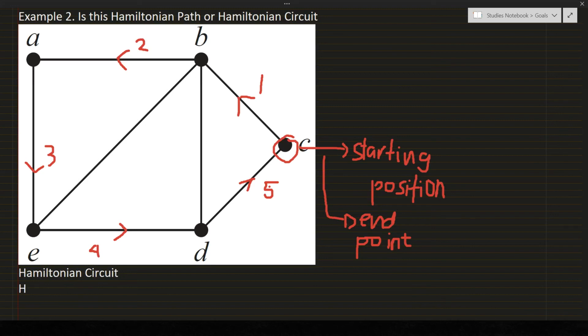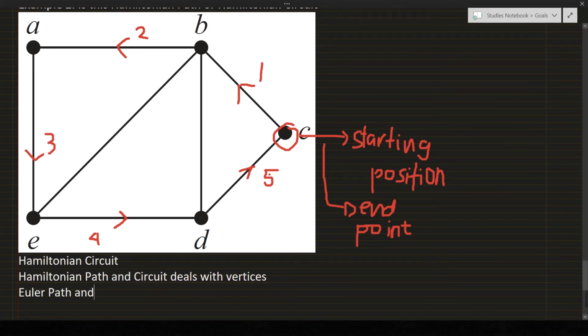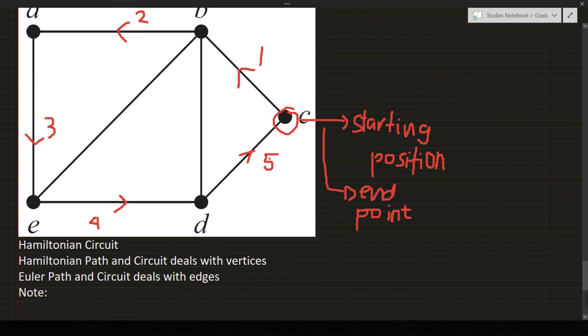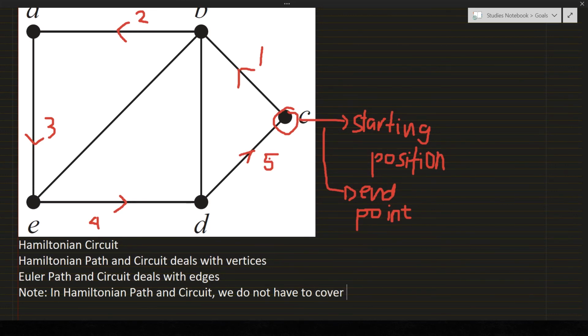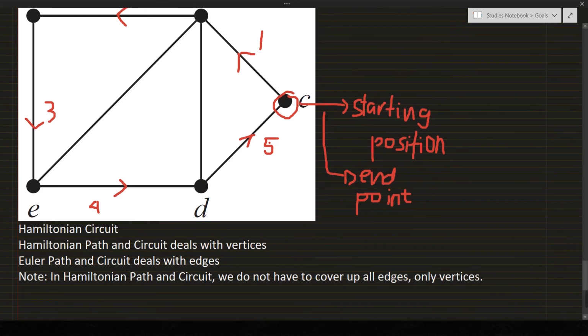So let's remember that Hamiltonian path and circuit deal with vertices, while Euler path and circuit deal with edges. So let's take note. In Hamiltonian path and circuit, we do not have to cover all edges, only vertices. So in our next lesson, in our next video tutorial, I will be discussing Dirac's theorem